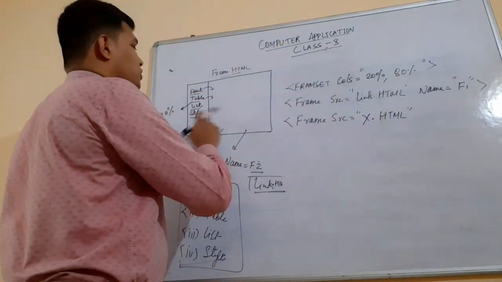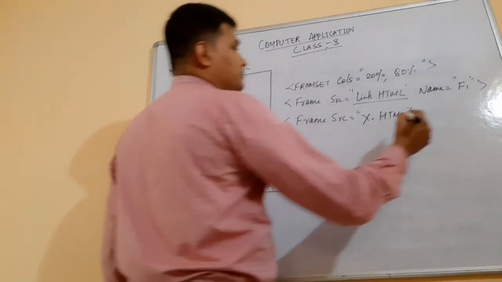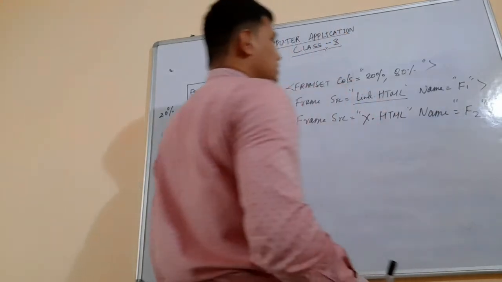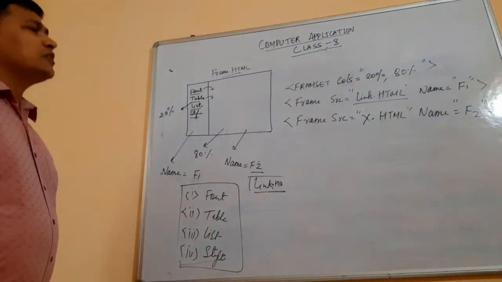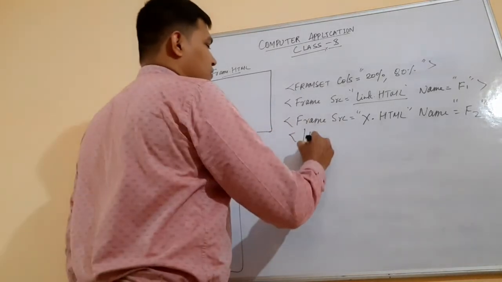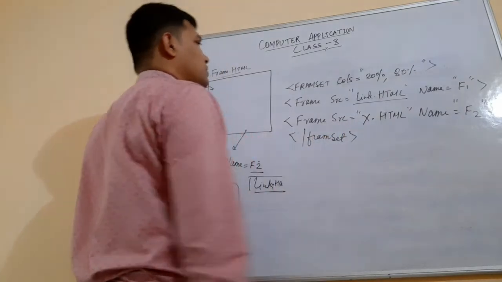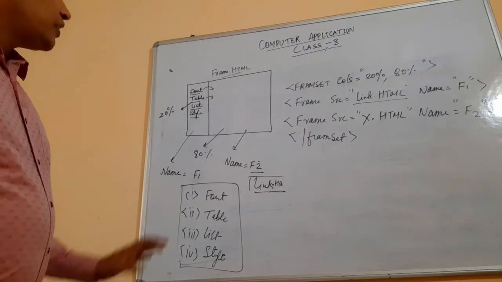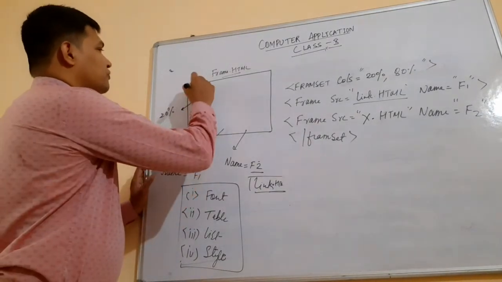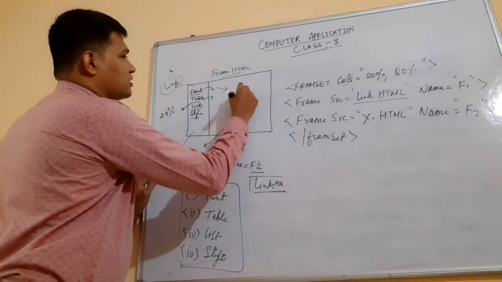In the first case, it will display two files. In the first area, 20% the link file will appear, and in the other just something for displaying, since I have created these two files. And whenever the user saves this file, and after that saves this file, the frameset will be closed. When the user opens this file, frame.html, it will display two files. The first file is link.html, and here the x.html file will be there.